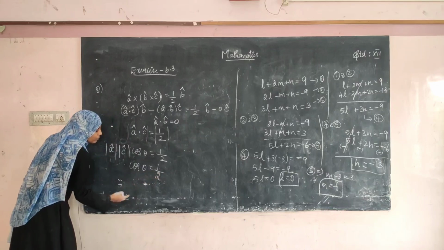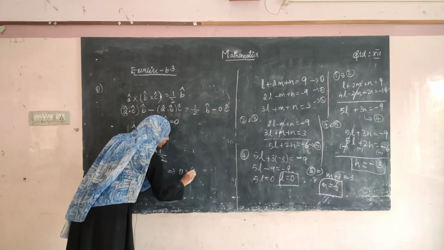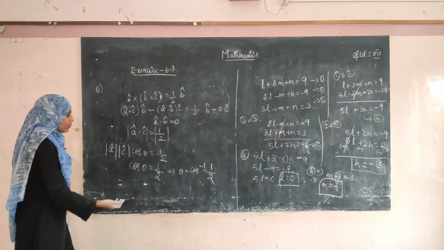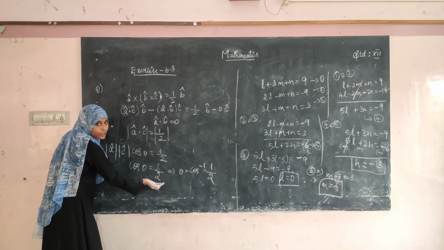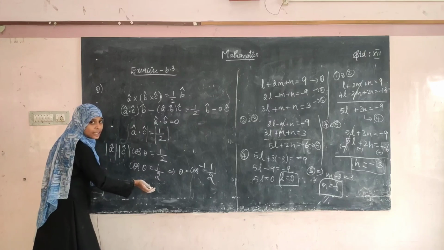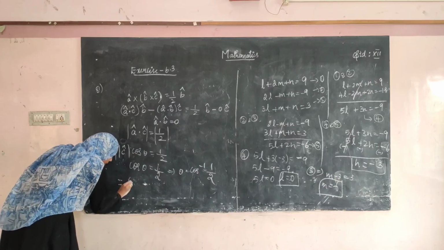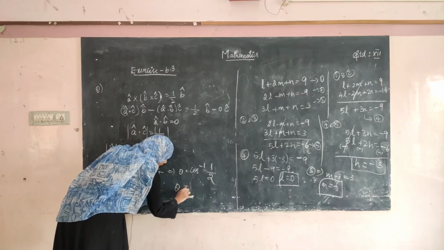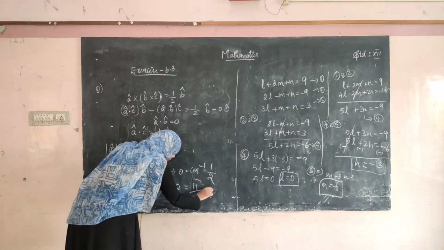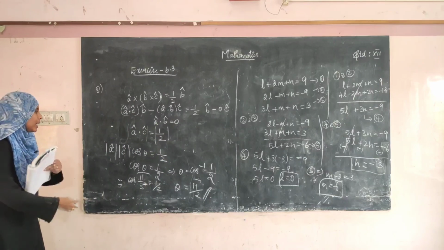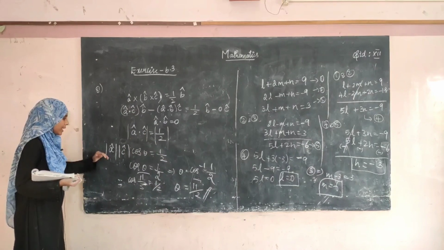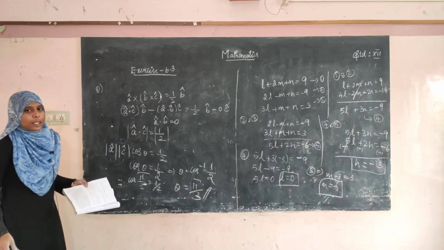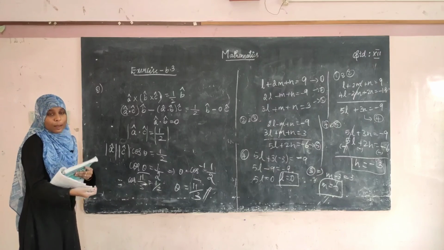So theta is equal to cos inverse of 1 by 2. Right. You don't want to get confused. For what value of theta you will be getting cos theta as 1 by 2? We will be getting cos 60 is equal to 1 by 2. That is cos pi by 3 is equal to 1 by 2, right? Therefore, theta is equal to pi by 3. This is what they have asked us to find. They have asked us to find the angle between A cap and C cap. So, the angle between A cap and C cap is pi divided by 3, that is 60 degrees. Okay, so with this we are going to complete this exercise.